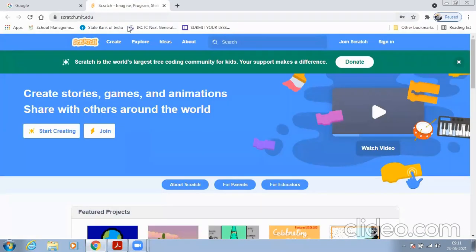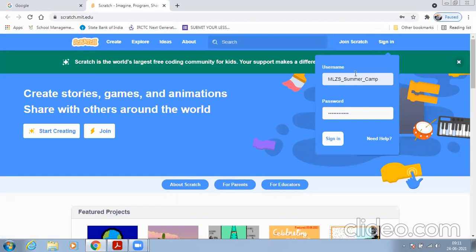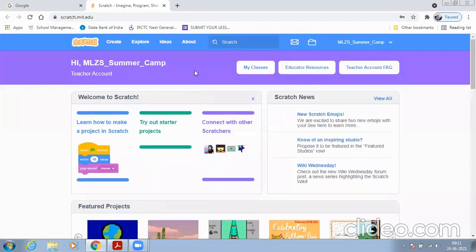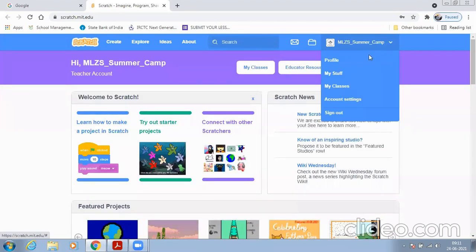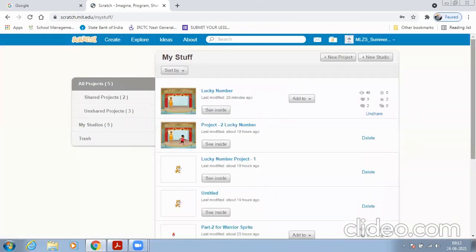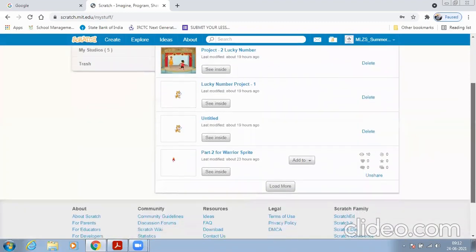So you have to go on this site, scratch.mit.edu. You have to just log in by your username account. After that, you can go in My Stuff, and here it is given the part 2 coding.